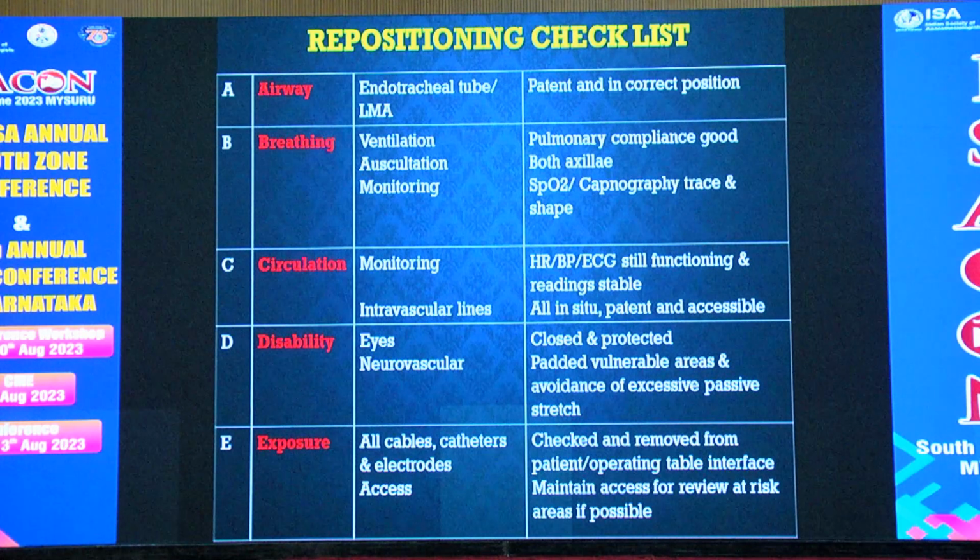And D stands for eyes and neurovascular. Make sure they are closed and protected and padded. And E stands for exposure. All cables, catheters and electrodes should be checked and removed from the patient or operating table interface while changing the position. Whenever a patient changes position, if you take this checklist, we can minimize as much as possible the potential risk